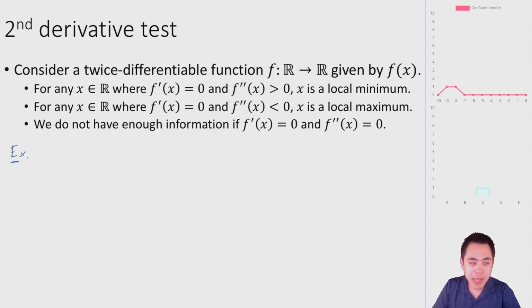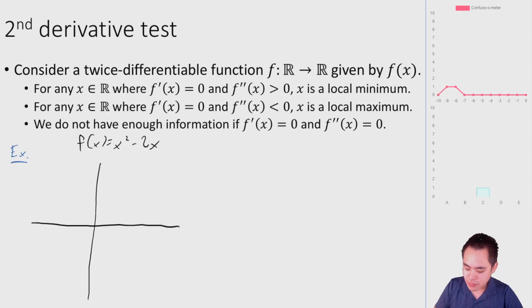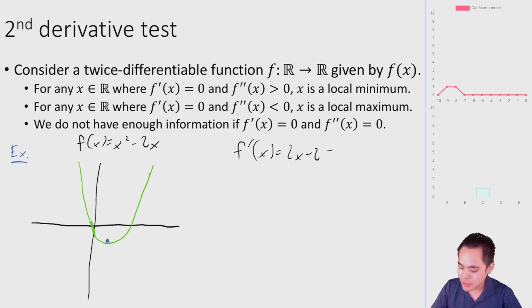So for example, if we go back to our example a moment ago, f of x is equal to x squared minus 2x. If you draw this parabola out, let me just copy it again. Maybe I'll draw a better parabola this time. So if you take the first derivative, f prime of x is equal to 2x minus 2, and set that equal to 0, x is equal to 1 is the critical point,